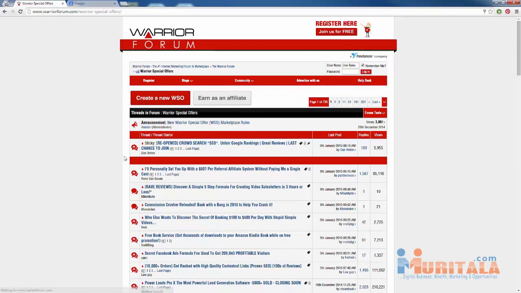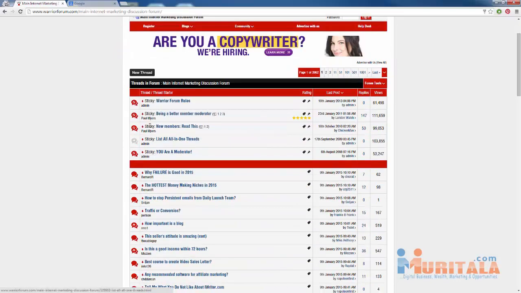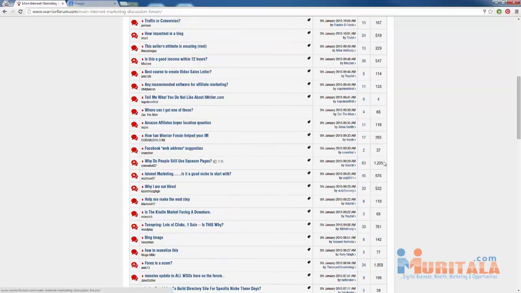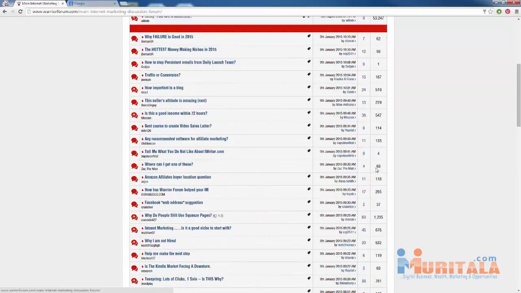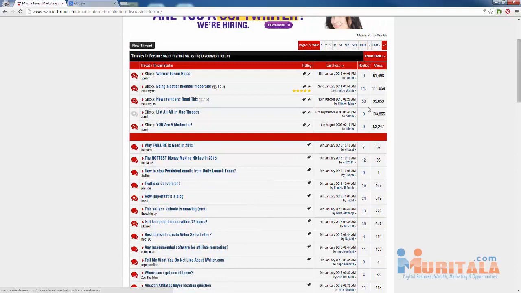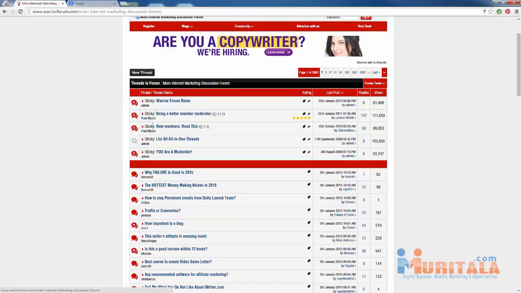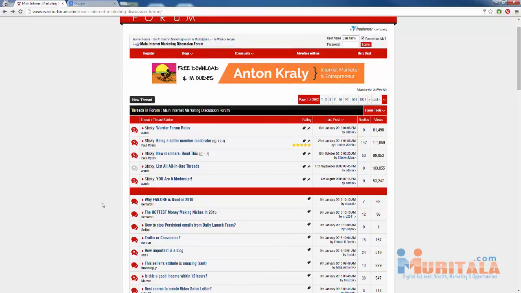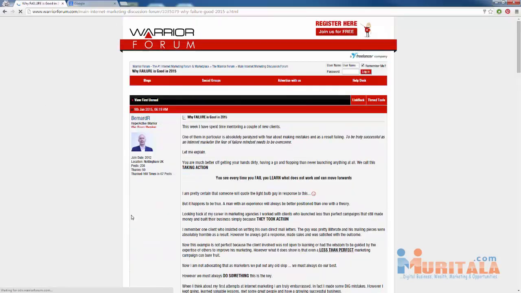If we jump into this forum here, we can see the sticky section. The sticky section is definitely prime real estate on any forum because stickies have been proven to get a lot more visibility, obviously, because they are stickied to the top of the forum. So they are going to get all the eyeballs when someone visits the forum. As we can see here, these new stickies have 111,000 views, 103,000 views, almost 100,000 views, while all of these other threads, I see only two of them even broke 1,000 views. They all have less than 1,000, while these have 100,000 plus because these are sticky posts and everyone views the sticky post, okay?